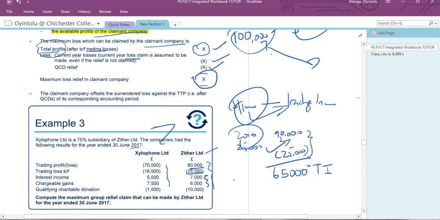What other income do I have? Well, I have income of 7,000 and then 6,000. With capital gains, remember, our problem is not gains, our problem is losses. Losses are what we can't use in our year. We have to only carry forward against chargeable gains anyway. So I have this additional income, and then I can deduct my QCDs, and this takes me nicely to 65, 13, 78, 78 minus 10, 68,000. So I have 68,000 pounds worth that I can bargain with